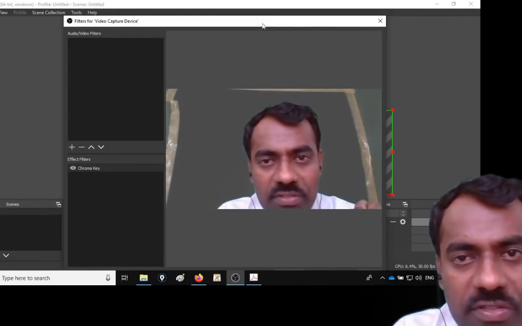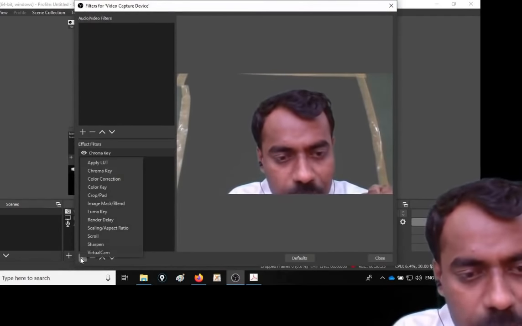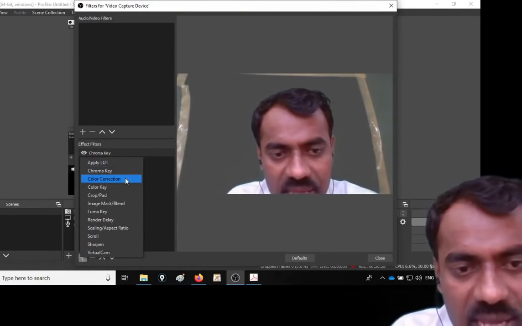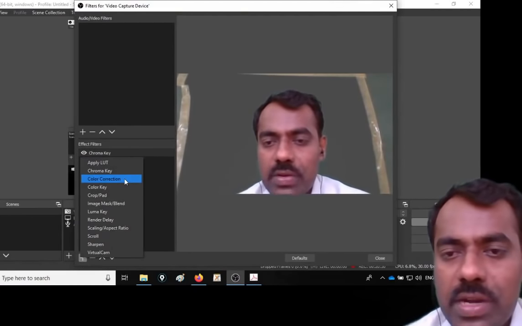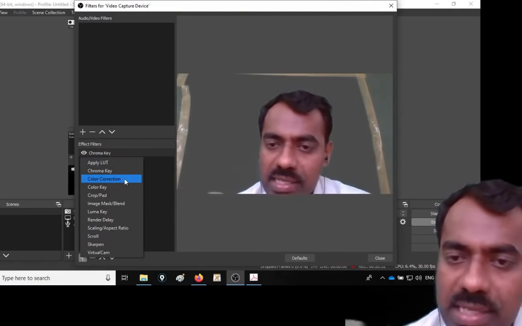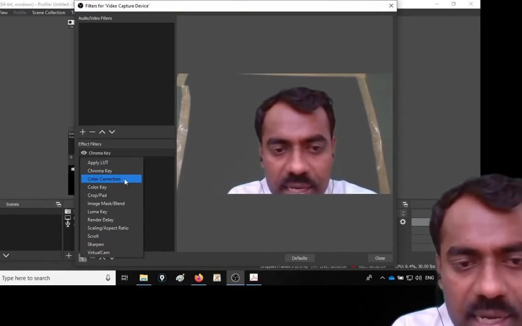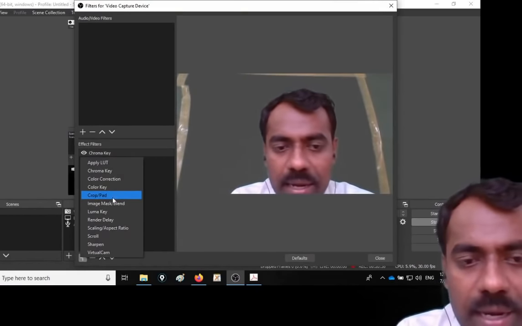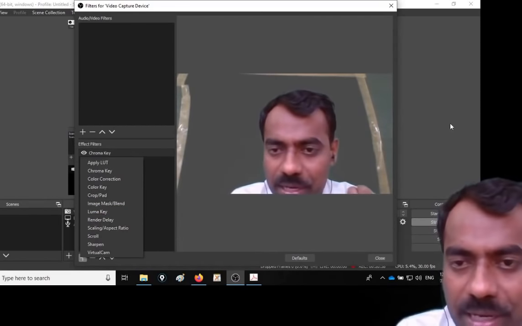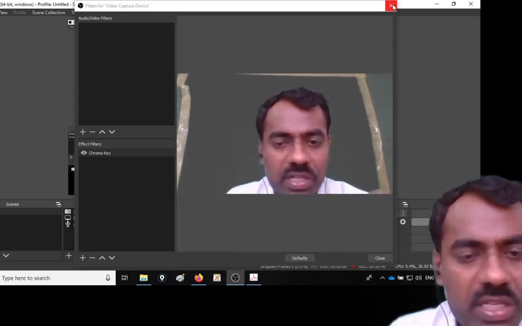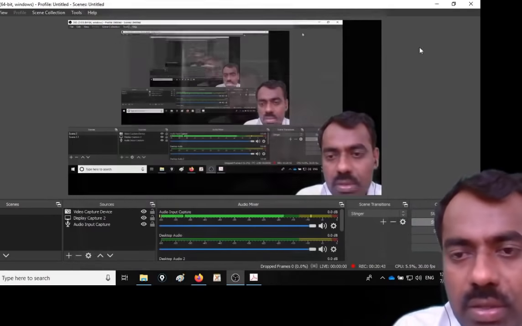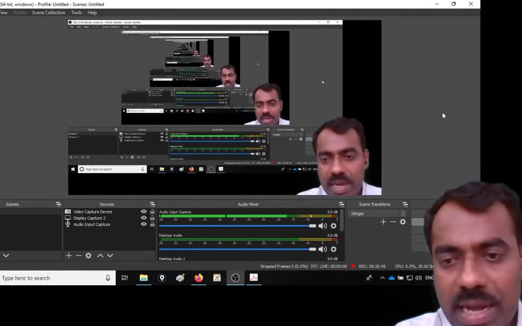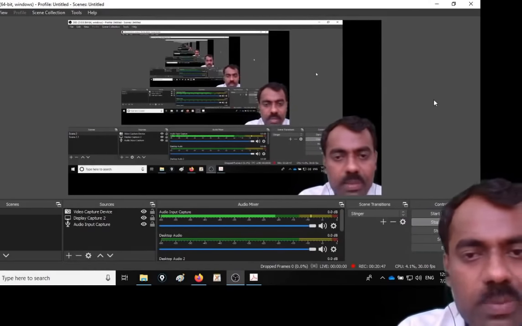There are many other filters also available. If you click on this plus symbol, you can see chroma key, and color correction. Sometimes your video recording color is completely different, and at that time you can add this color correction, crop or pad, and so on. These are slightly more advanced features which one can learn on one's own once you start using them. So I skip those here.